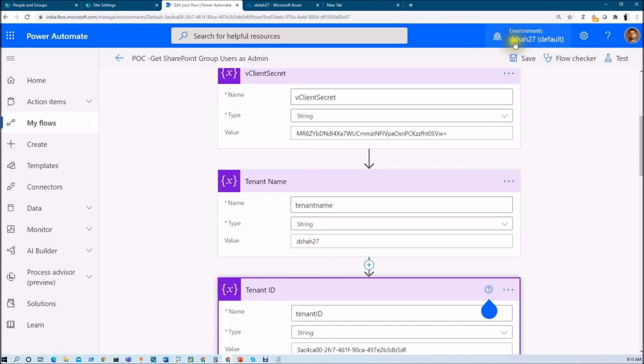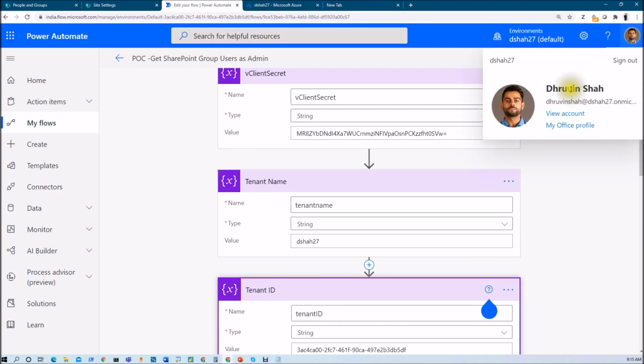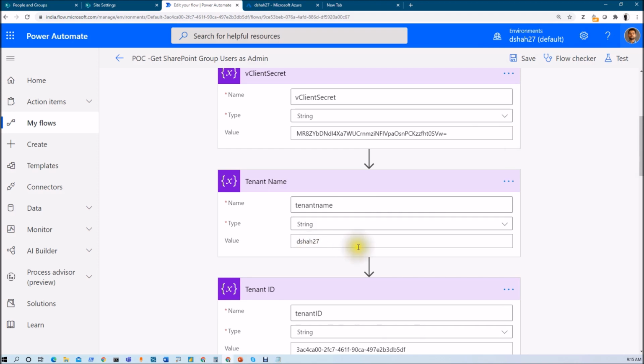You can easily identify this using your default environment. Here you can see that my default environment is dsha27, so this is my tenant name. Or you can also open your email address and check the domain that is available there. So dsha27 is the name of my tenant, and I just need to provide that.